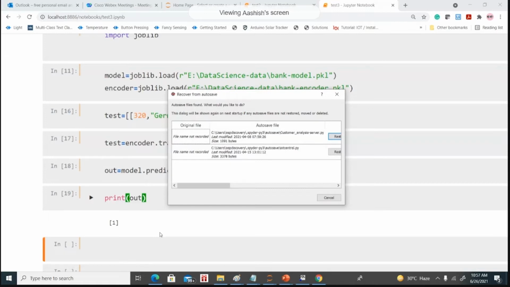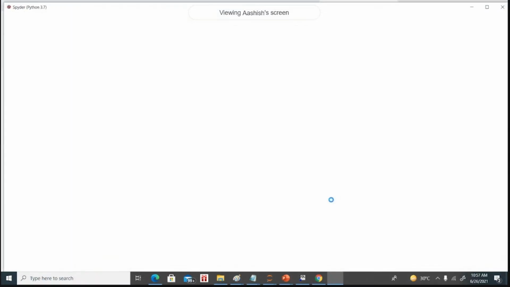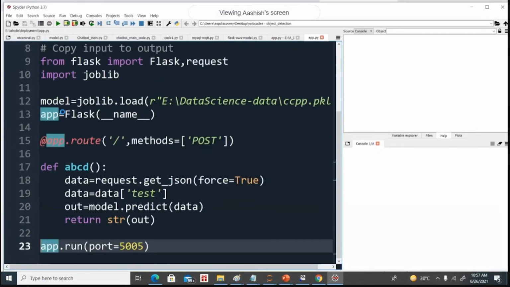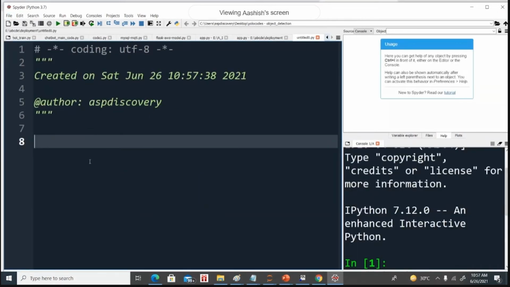We will create a VM on AWS, deploy this on the production environment, and perform testing. Spyder is another IDE, an editor window, you can use to edit your code and implement the entire thing.